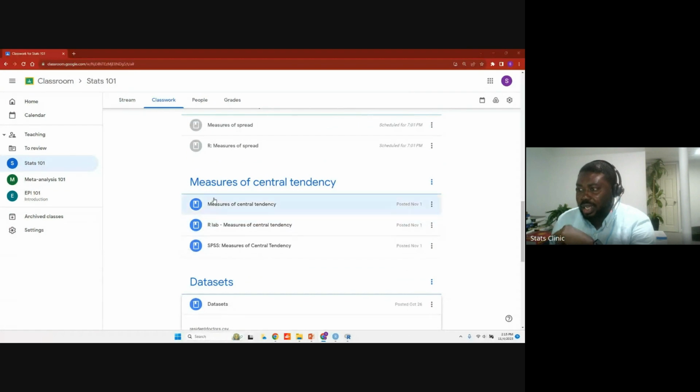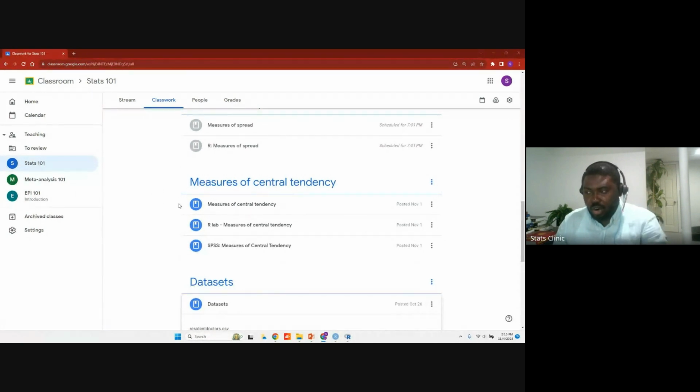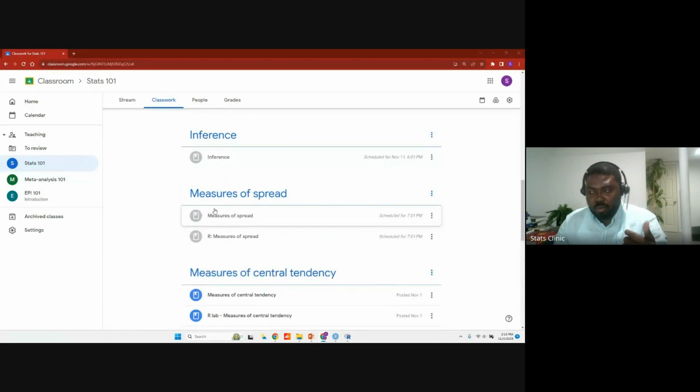Next week is when the class will really formally start, and we will have an instructor come and teach, mostly reviewing the material for measures of central tendency, but also the material for week 2, because this is going to go live tomorrow.